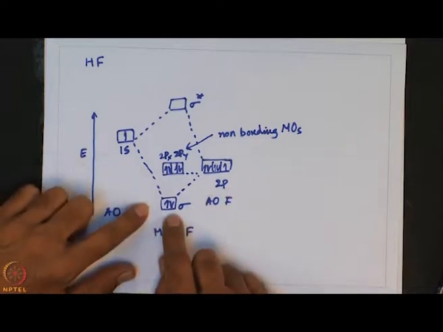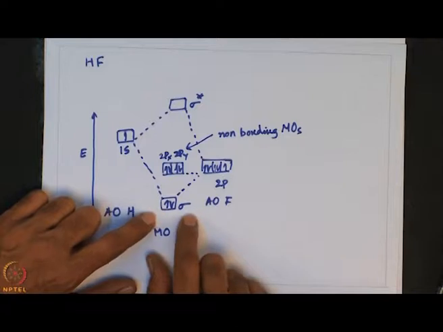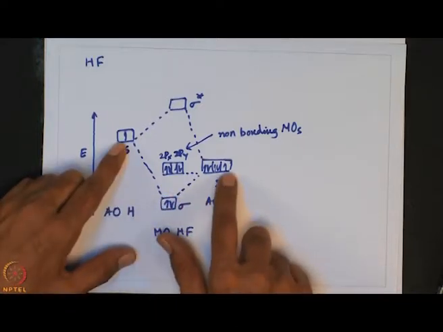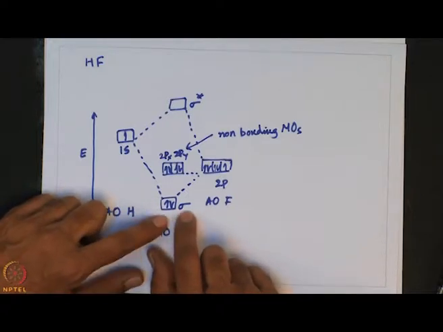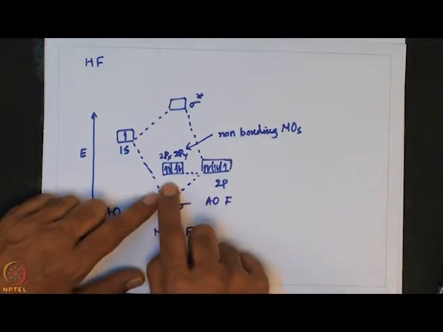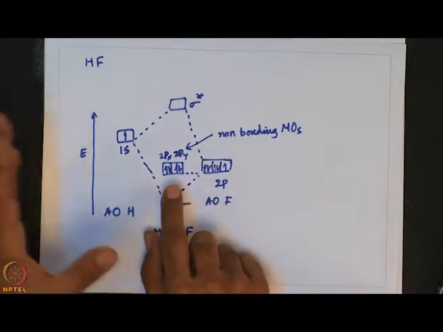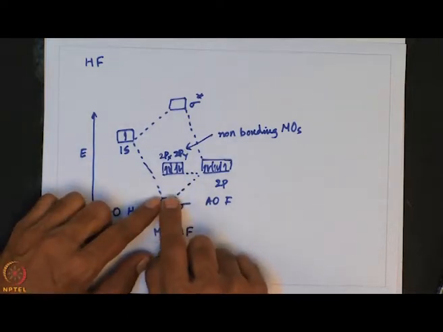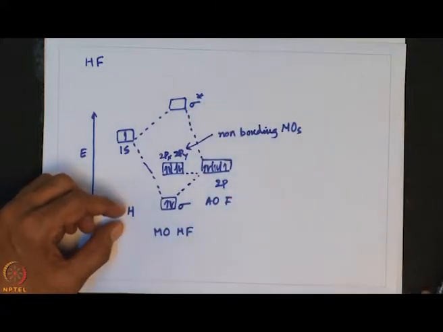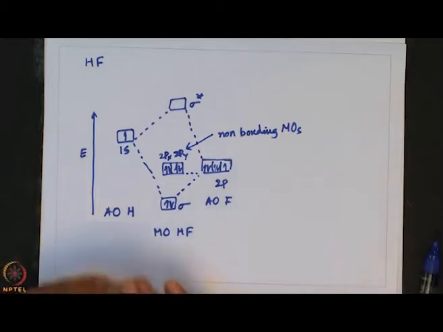And here 2 electrons are there, and 2pz combines with 1s to form a sigma bonding molecular orbital, where one electron from fluorine will be residing to generate the bonding molecular orbital. Then the 4 electrons from px and py do not have a corresponding atomic orbital from hydrogen. So, they remain non-bonding molecular orbitals, and the net number of molecular orbitals is still the same: here 1 2 3 4, 1 2 3 4. That means that balancing should be there.